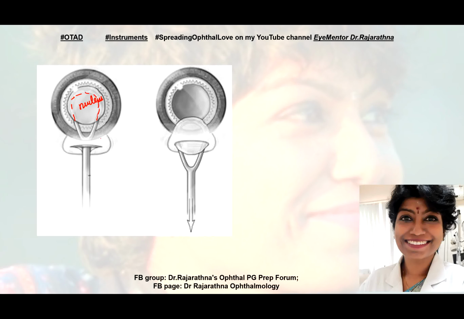See again, through an incision here. That means there's a sclerocorneal tunnel which is made, through which the instrument is passed. And now when you withdraw the wire vectis, the nucleus is getting delivered. So what is its use? In the delivery of the nucleus, just like we deliver a baby. So this is our baby in ophthalmology, that we are delivering, the nucleus.